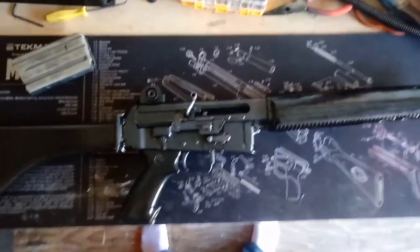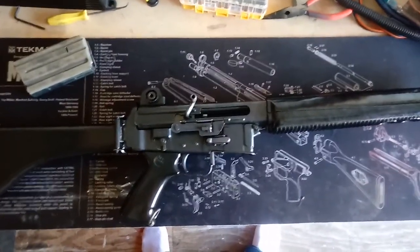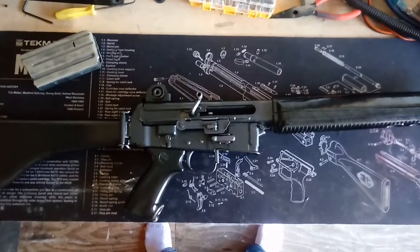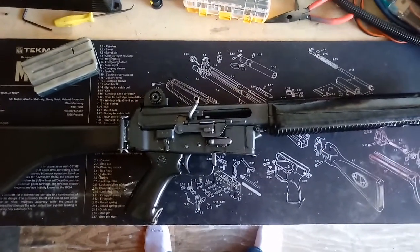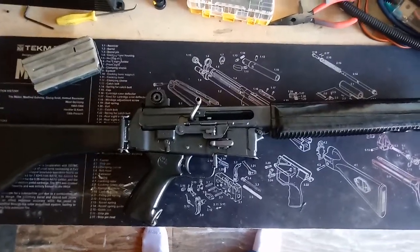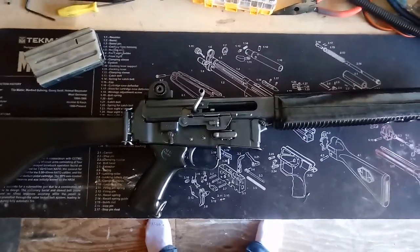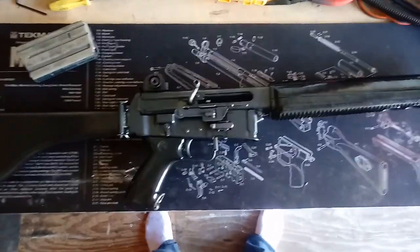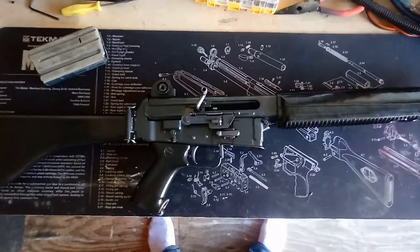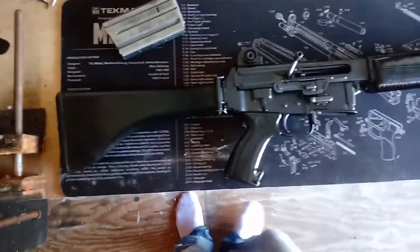Well, for some of you that may not know, this rifle earned a reputation of being the most successful failure of the 20th century when it comes to military prototype and design. This gun was going up against the AR-15, and it failed twice on the military trials. Why did it do that? Well,